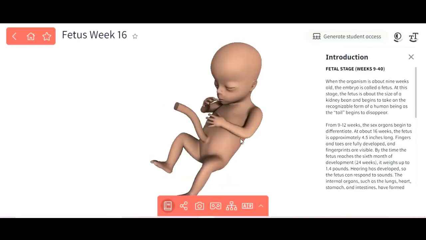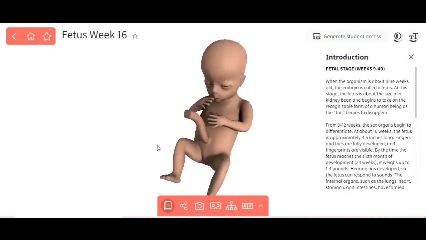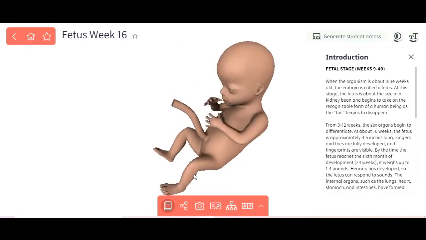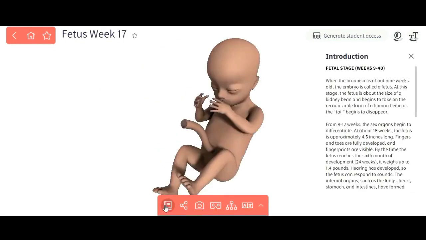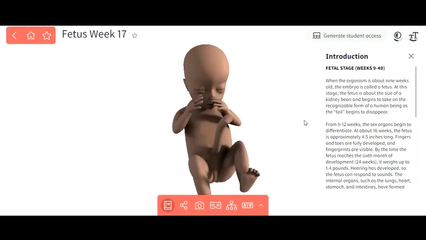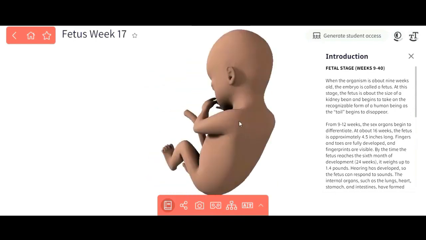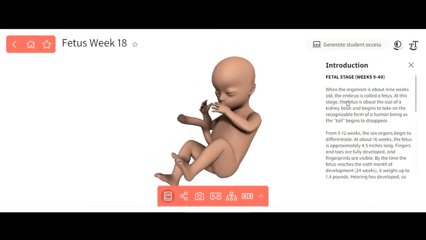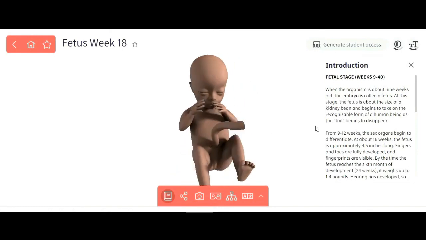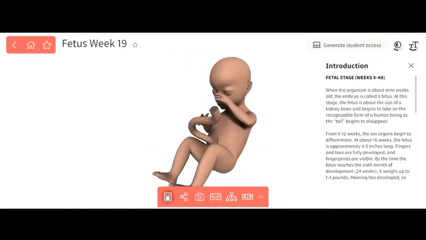And this is fetus week 16. You can see from the other side also, not just from the front but from the back. You can also see that. And fetus week 17, we can see the organs already going to complete. And fetus week 18, fetus week 19, yeah, we can see that